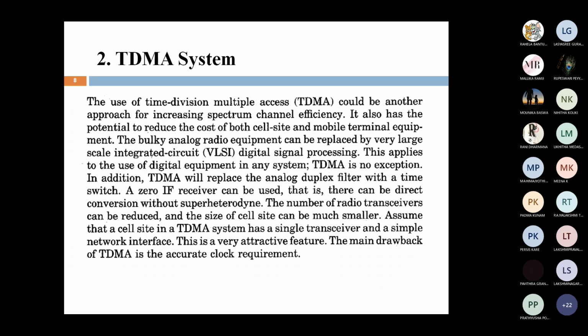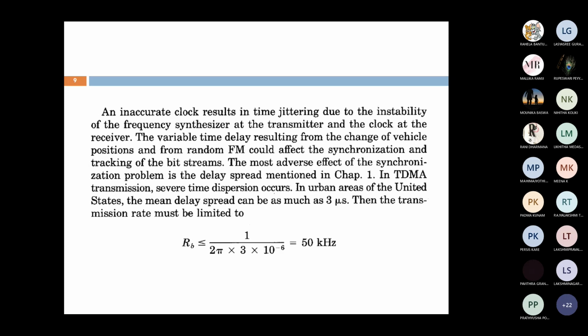Not only the cost should be reduced. The main drawback is we are getting jitter, time jitter in the TDMA system. Here, what is time jitter? Nothing but we are getting disturbance in the pulse. We are getting ripples in a pulse due to time delay. This is the main drawback in the TDMA system. We have to overcome that by using synchronization.